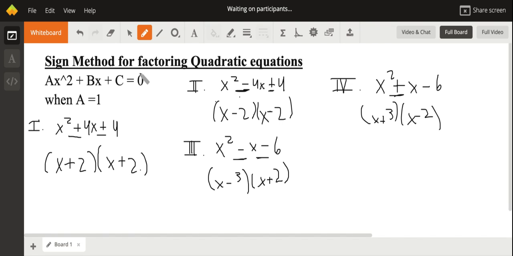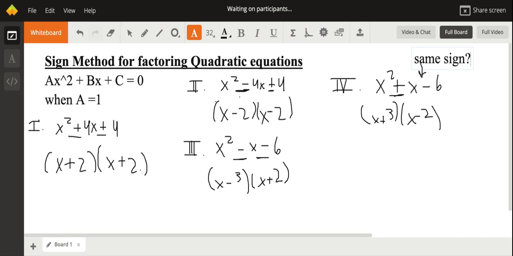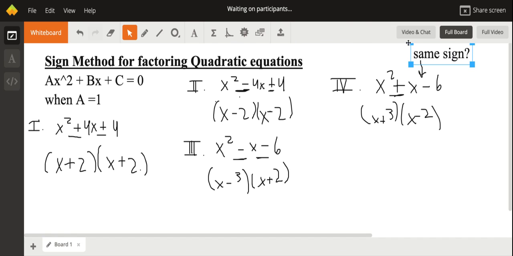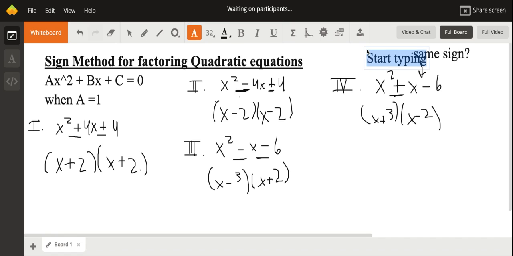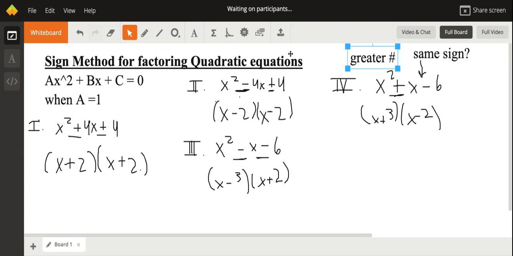And that's how the sign method works. You're looking at the first sign. First sign will tell you whether or not both of your factors have the same sign. All right, that's what that one's for. And the second sign will tell you which sign your greater number has. Right, so your greater number will have whatever sign is here. And if they happen to have a plus here on this first number, then both of your factors will have whatever sign is showing right here. So minus means different sign,